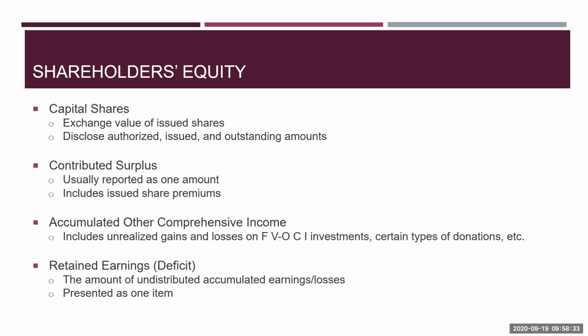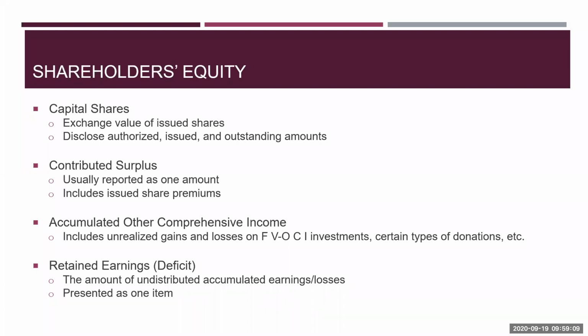The contributed capital is generally reported as a single item, and this will include your share premiums. Your AOCI, as we call it, is accumulated other comprehensive income. Now, remember, when we were talking about the statement of comprehensive income in the earlier topics, we said there was a concept of other comprehensive income. That other comprehensive income was the temporary account. The balance in that other comprehensive income is then closed out to this permanent account called accumulated other comprehensive